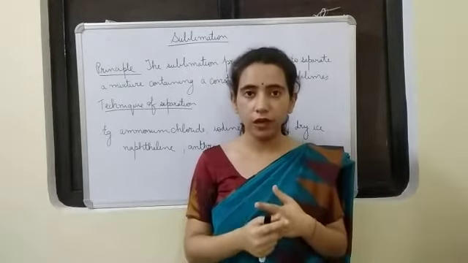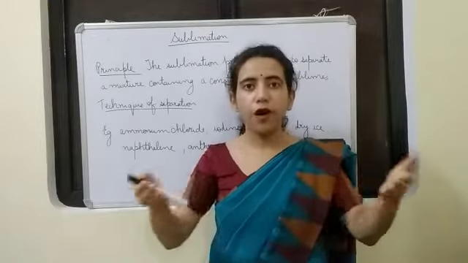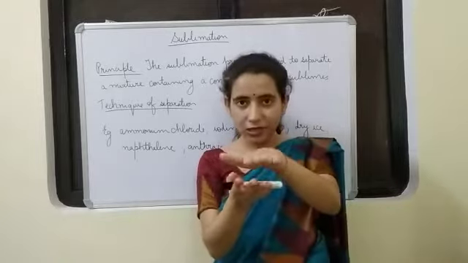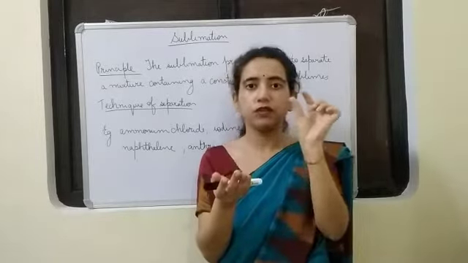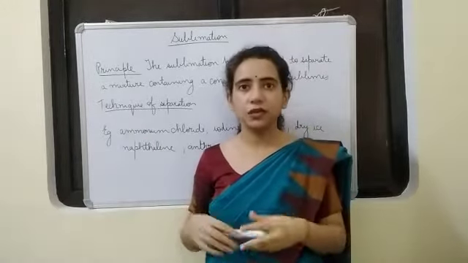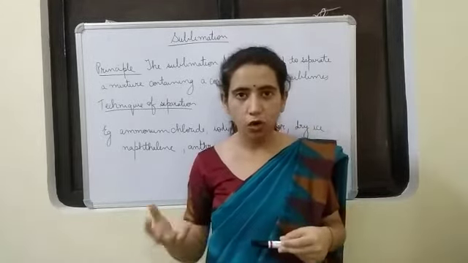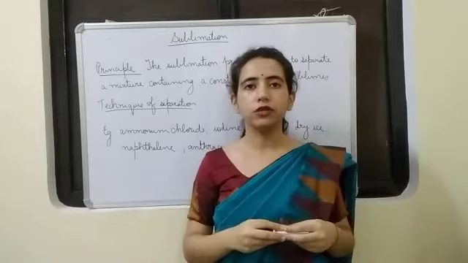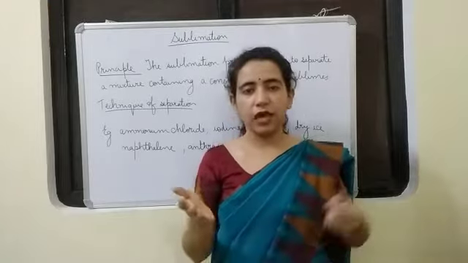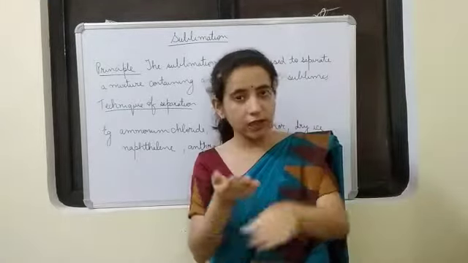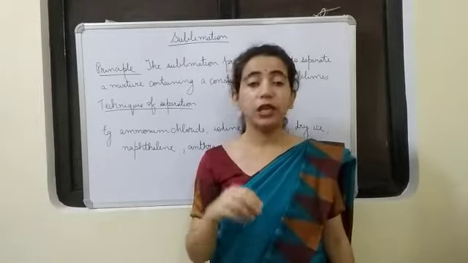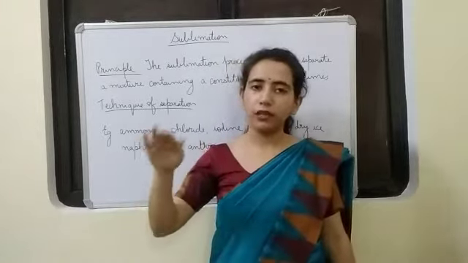Second one is sieving. Sieving means by using a wire mesh, we can stop a few solid substances on the sieve, and the others, the ones which have smaller size, will pass through. The example: at a construction site, when they take sand, small stone particles also come along with that sand, and those stone particles can be stopped by using a sieve. That sand we will allow to pass through the sieve. The sand will pass because the grain particles are very small, but the stones are big in size, and they will be stopped by the sieve.